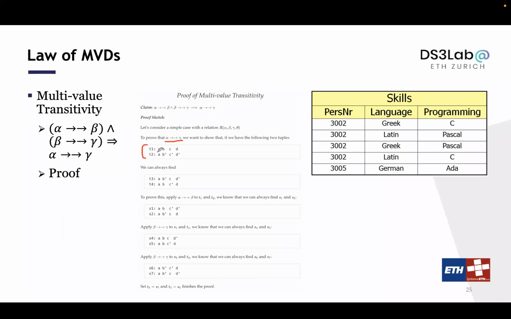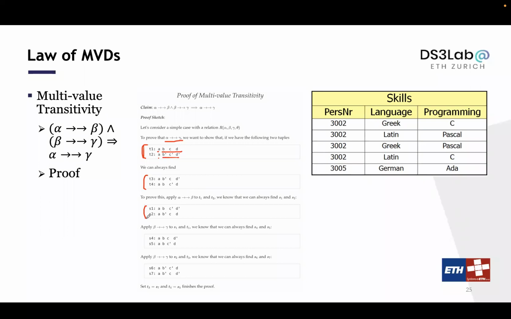They share the same alpha, all of the A, and they are very different for the rest of the attributes. One is B, C, D, another B prime, C prime, D prime. And you say, yeah, I can always find T3 and T4. Okay, how can you do that? You say, here's T1 and T2, because I know there's an MVD from alpha to beta. I can apply that. Then I say, yeah, S1, S2 must be in the system because I have an MVD from